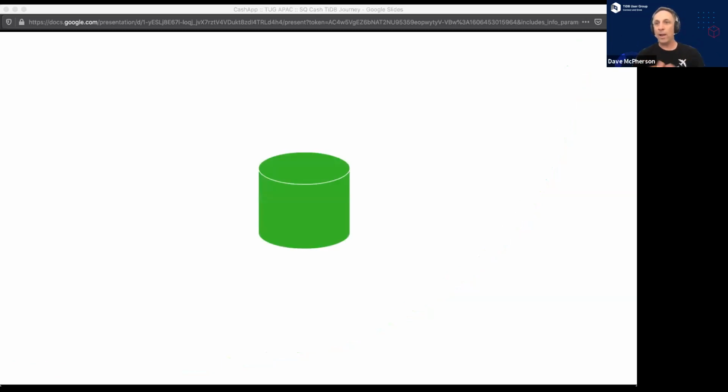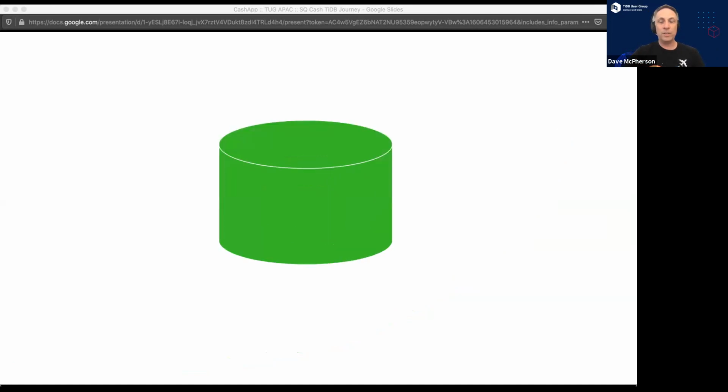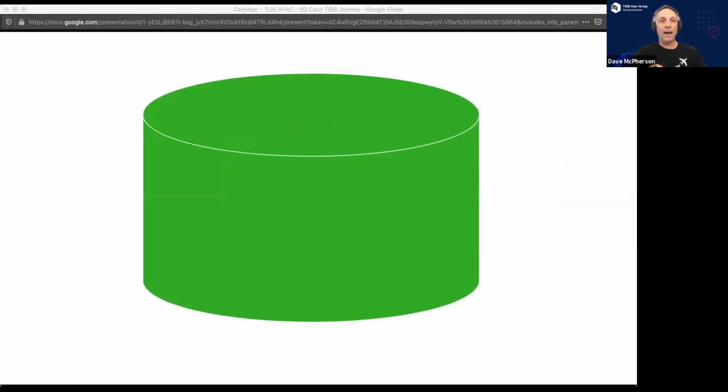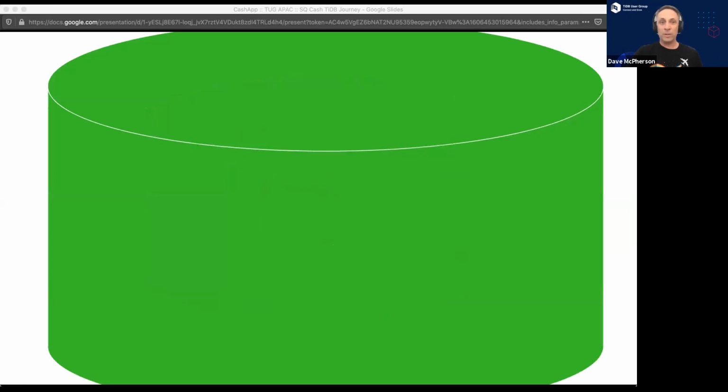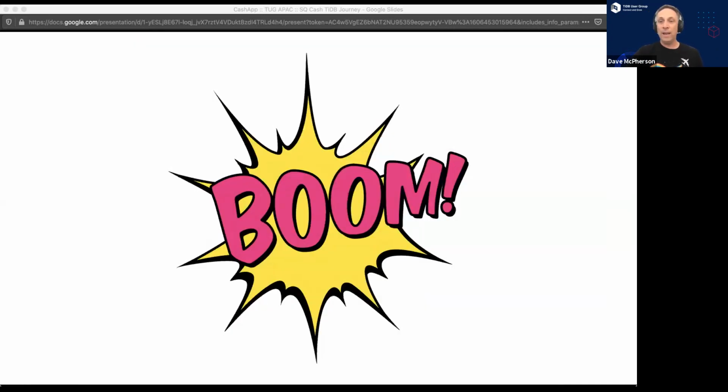So we had a really lovely on-prem, because Square as a company actually predates the cloud. And so we had a lot of our on-prem data store in our original system. And so that was all fine. As the load kept on going, we'd make the database a little bit bigger. And then things got a bit bigger and it got a little bit bigger again. And it was all going well. And then, oh my goodness, it was getting really, really, really big, and it wasn't going so well.